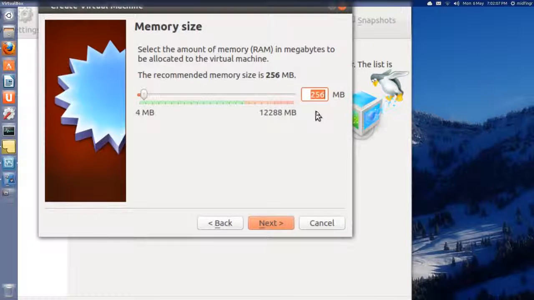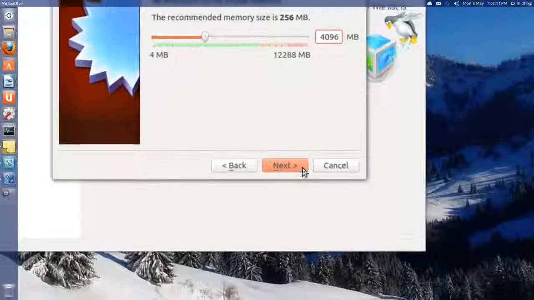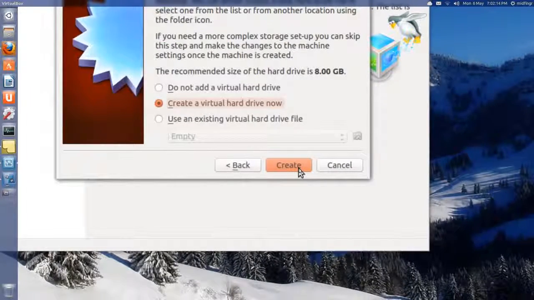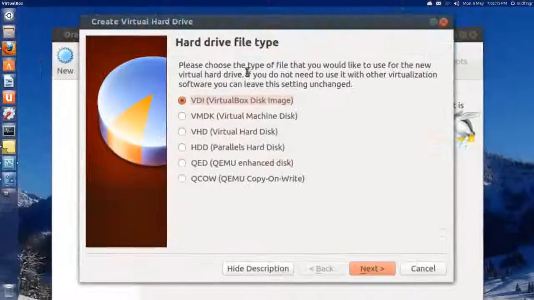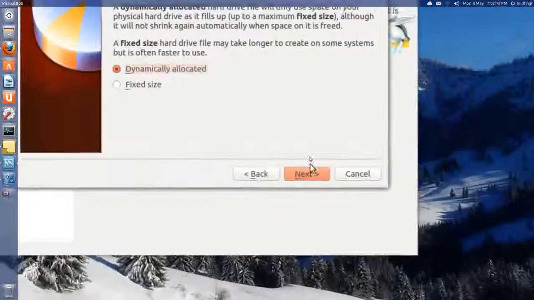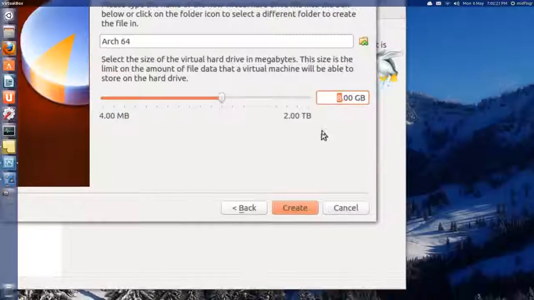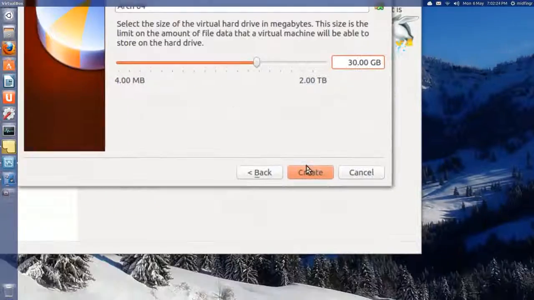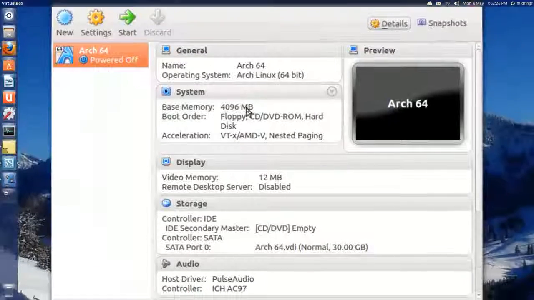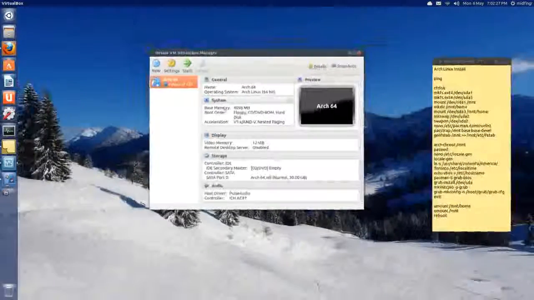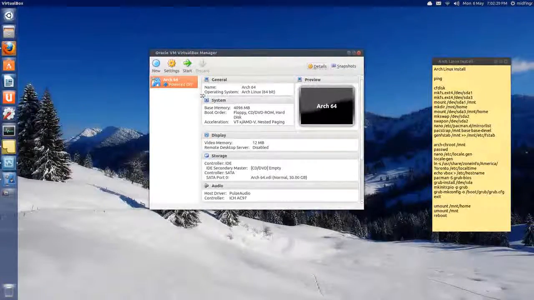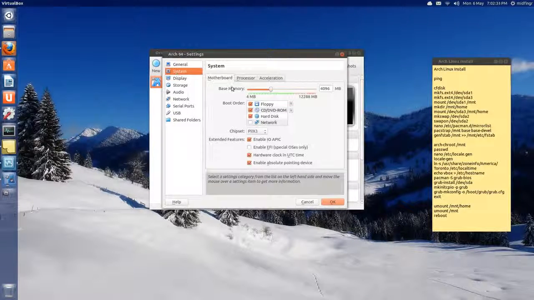256 is okay, but I'm going to give it quite a bit more. I'm going to give it 4096, 4 gigs of RAM. Create a virtual hard drive. VirtualBox image, dynamic. We don't want a fixed size. I'm going to give it 30 gigs though, just so we have room. Okay. It's set to go, but what I do is go to settings and do some extra things, such